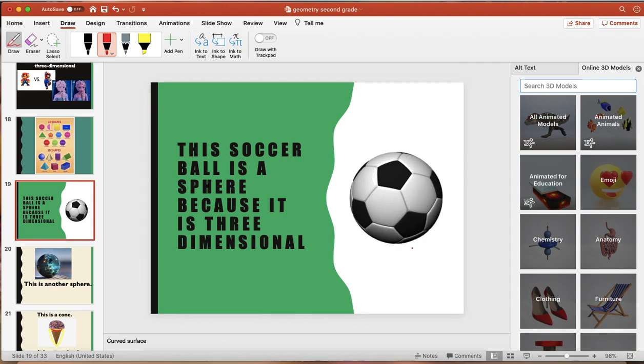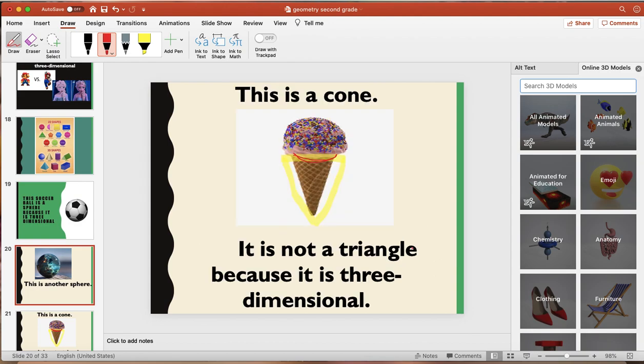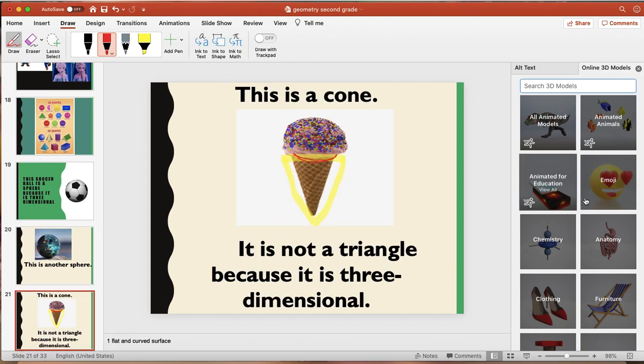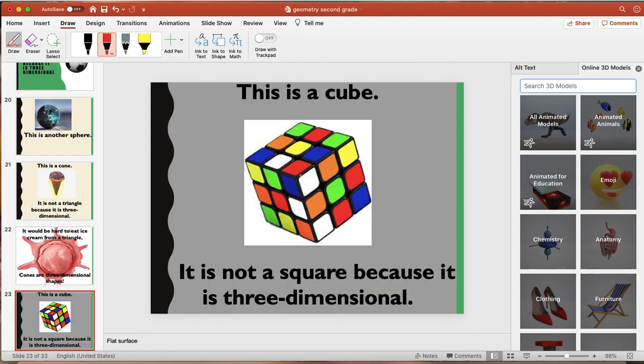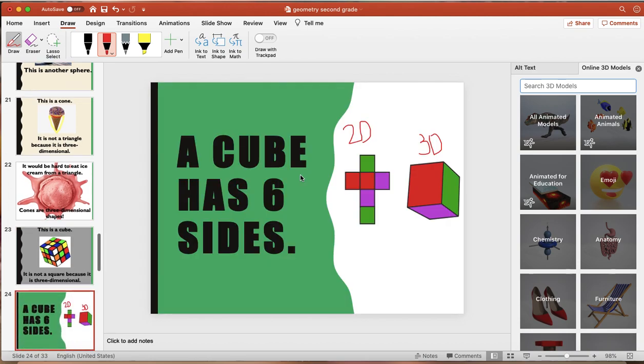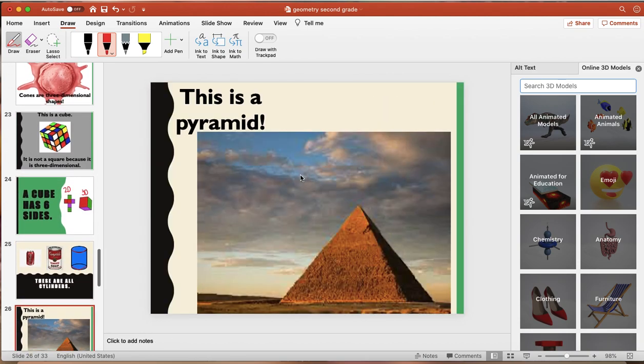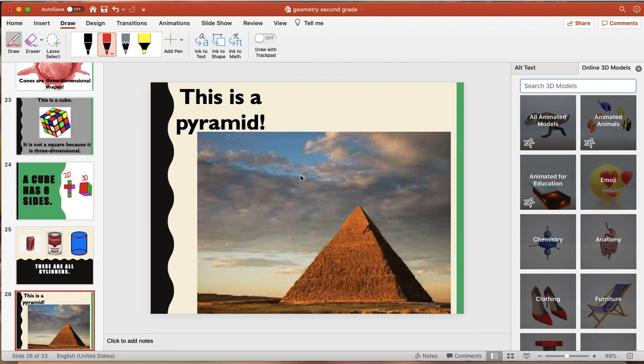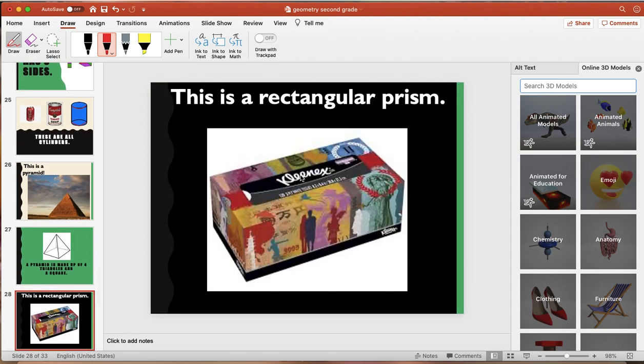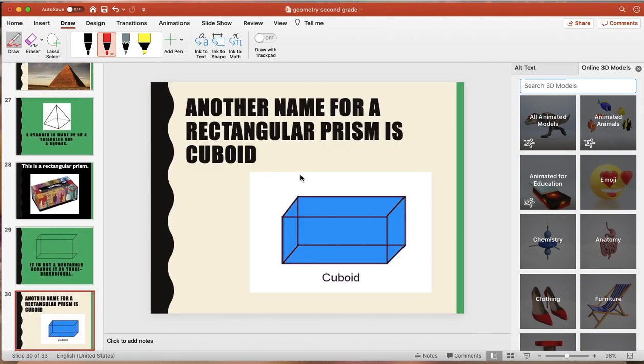And we said a soccer ball is an example of a sphere. We have a cone. So this ice cream cone would be an example of a cone. We have a cube. We have a cylinder. We have a pyramid, a rectangular prism, a cuboid,